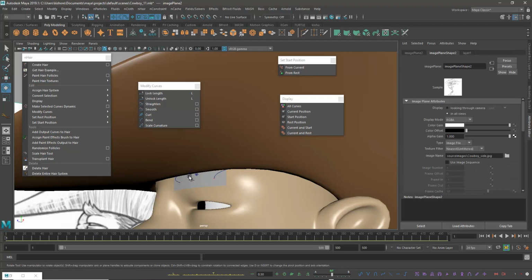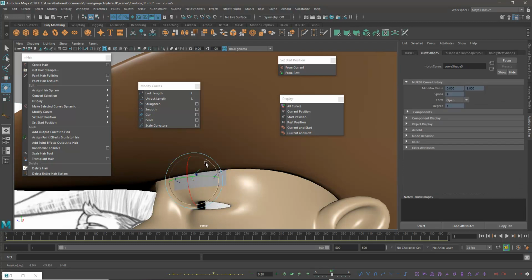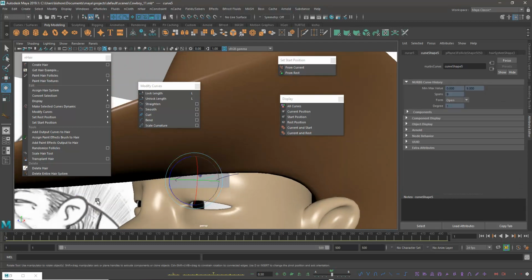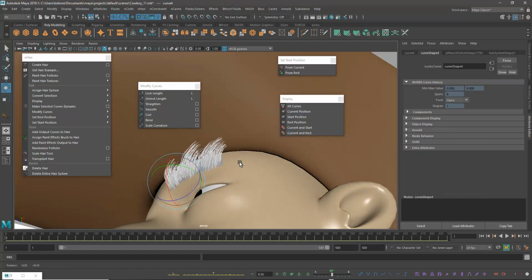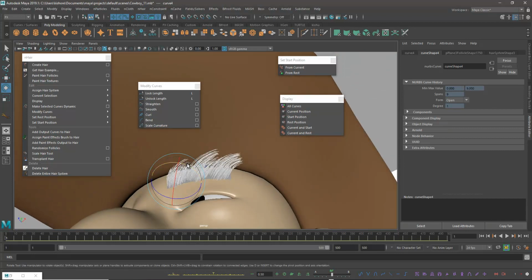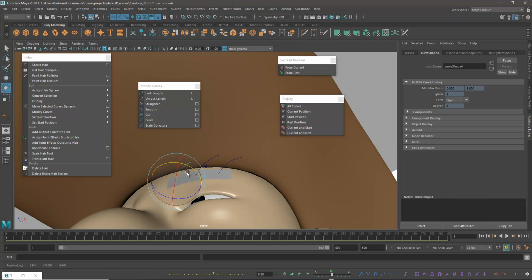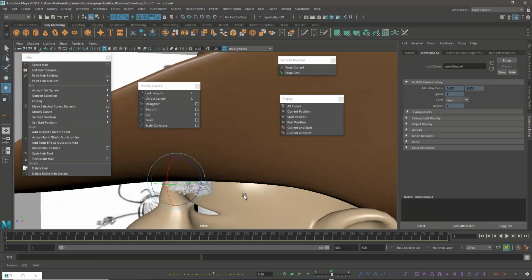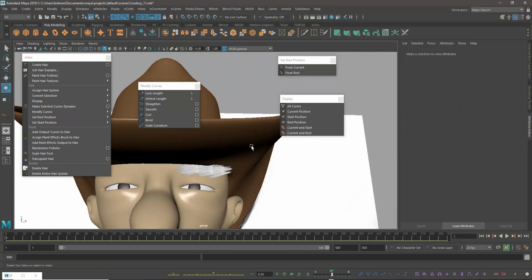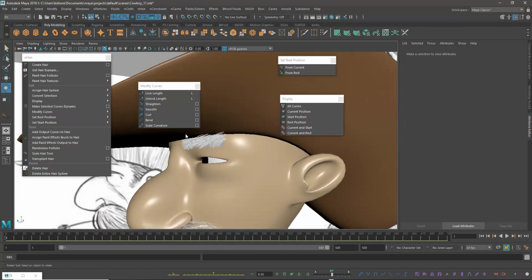Fine. Yep. So it may be a little bit better than before. So this is sufficient for cartoonic.